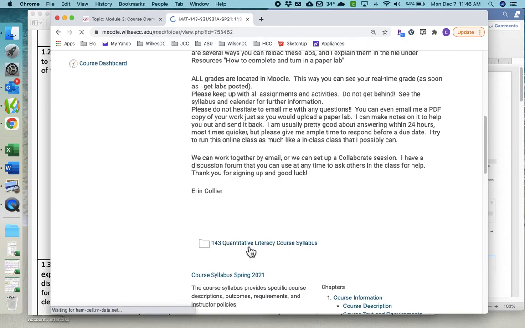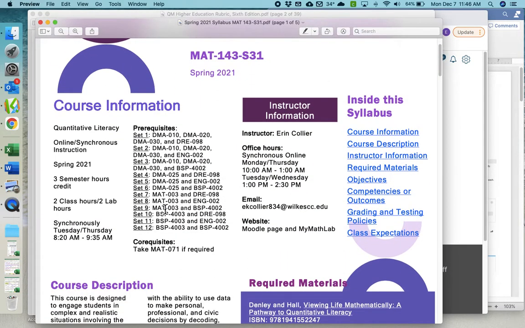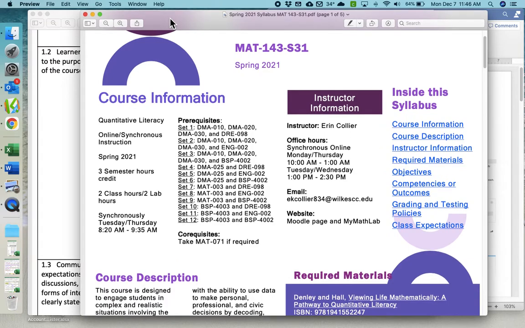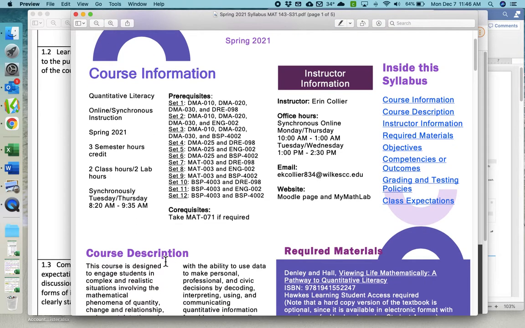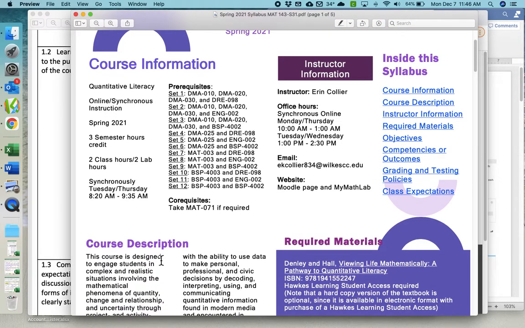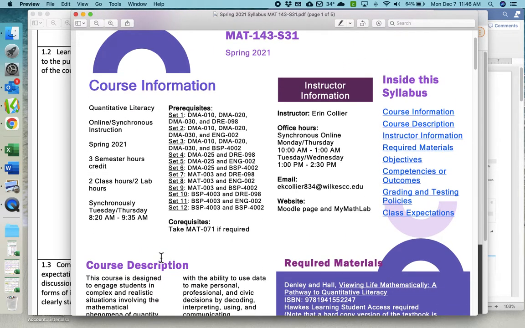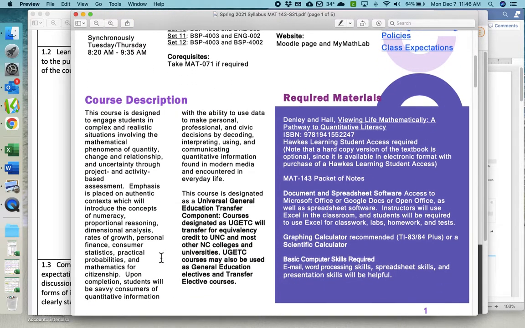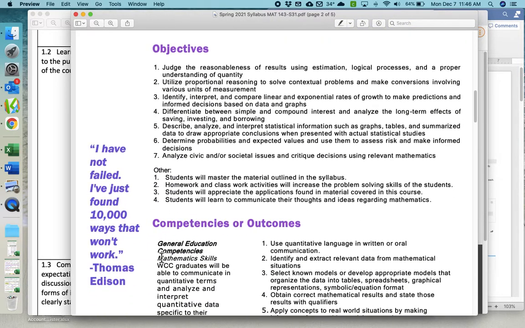I don't know that you really want to look at my syllabus, but we have a specific format for our syllabus at Wilkes that is online, and this is what I call my fun version. I'm just starting this semester in hopes that maybe if it looks pretty, they might read it. We'll see. But of course it explains everything, and it's the exact same as the one that we have in